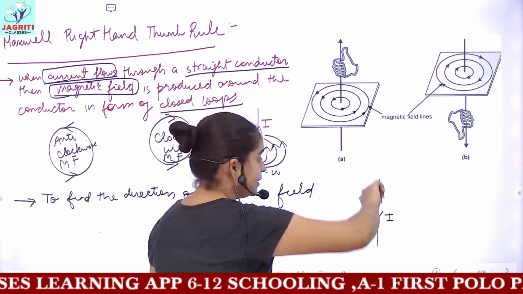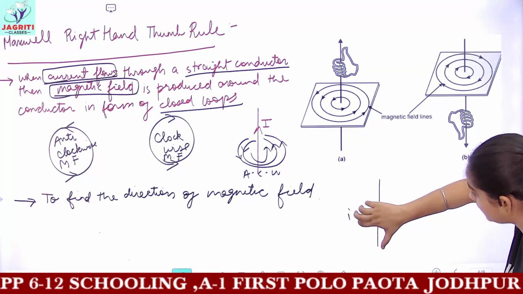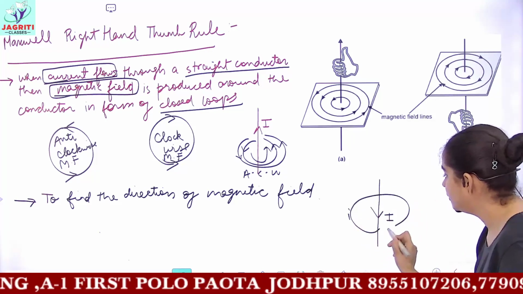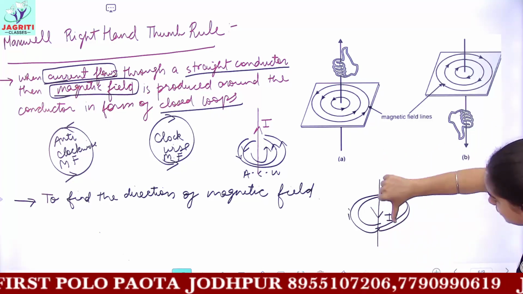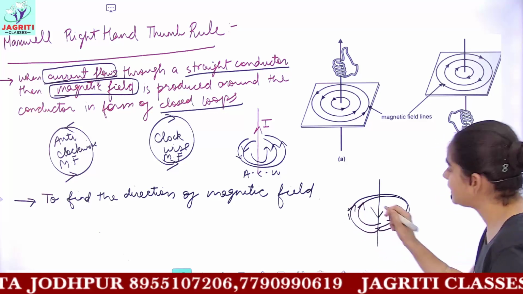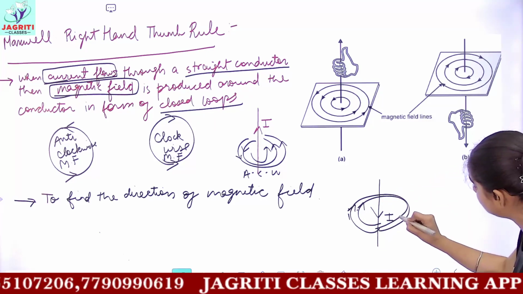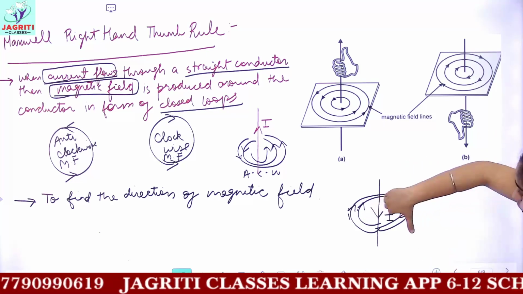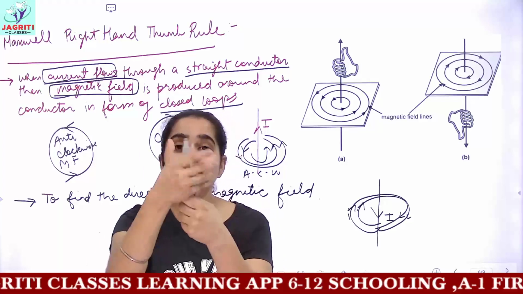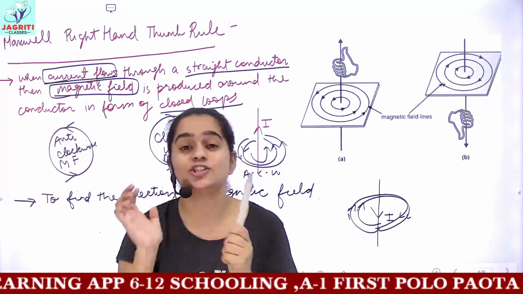So here, when the thumb is down, the magnetic field lines are going inside from here and they are coming back from the back side. The direction would again be in the form of concentric loops, but this is the direction of the thumb, and the magnetic field lines go inside from here and then come back outside from this side, coming towards you. I hope this is clear. Please do it with your right hand. The thumb represents the direction of current. The curved fingers represent the direction of the magnetic field.